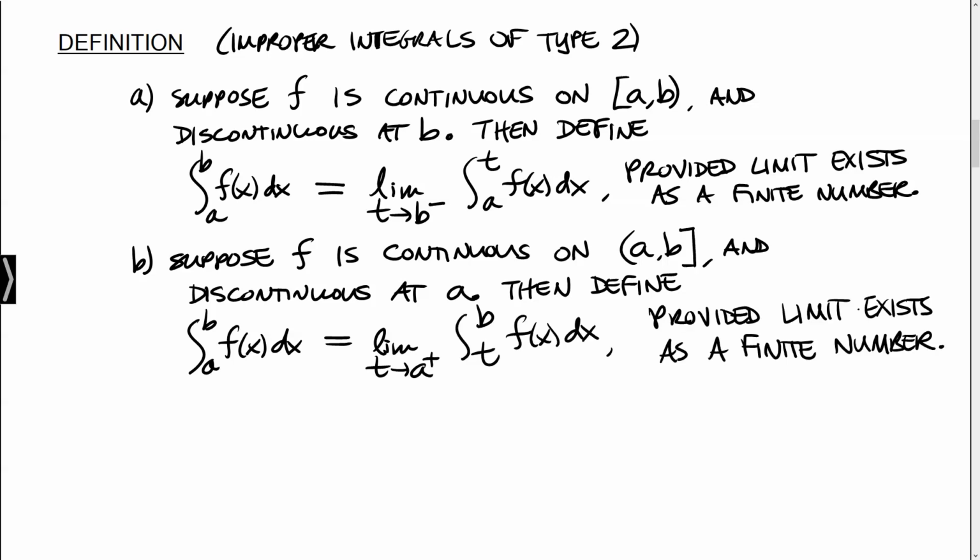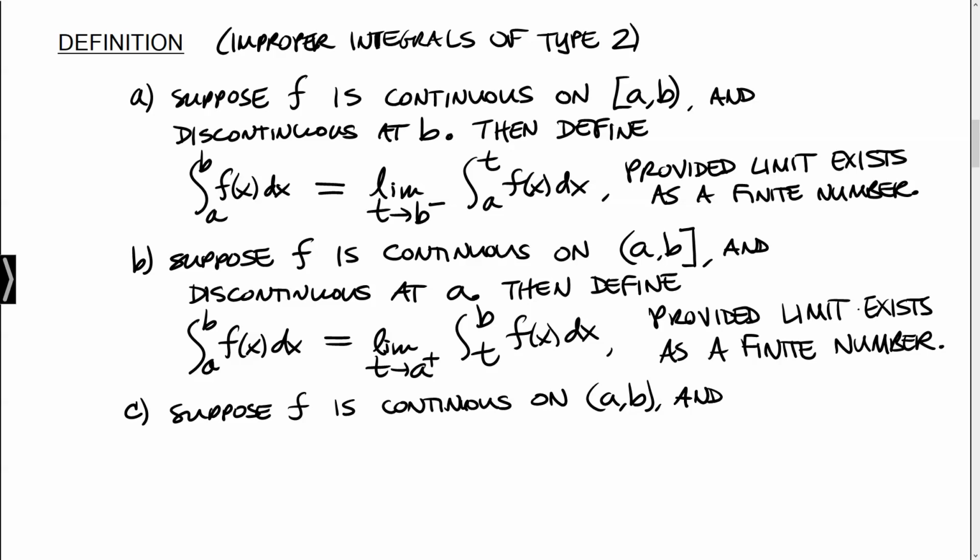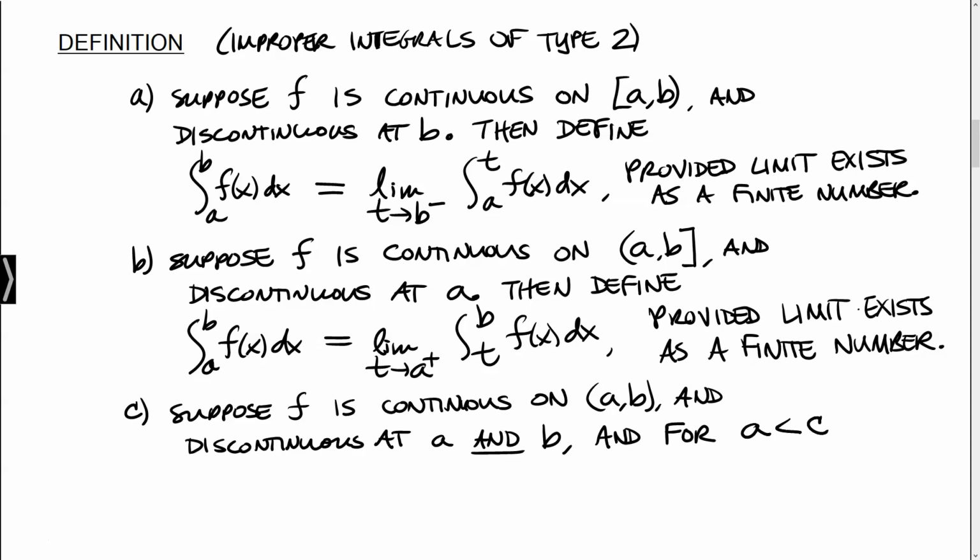And the third case we're going to consider is if it has a discontinuity at both the left and the right endpoint. So what are we going to have to do there? In this case, let's suppose f is continuous on the open interval from A to B, and discontinuous at A and B. And we're also going to say then for some C between A and B,